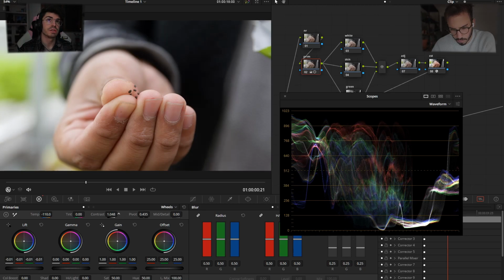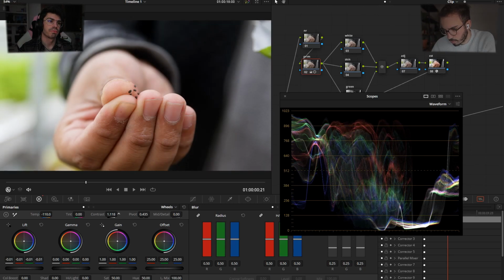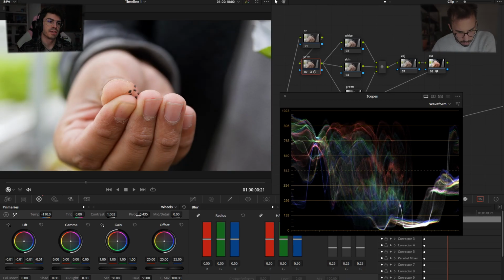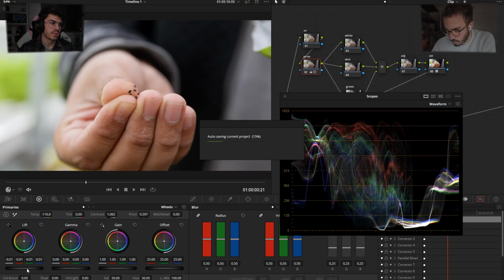We can try and push it and see how it looks. This is definitely too much, but just a touch of contrast like this. And maybe working with a pivot to see what looks best. Yeah, something like this looks nice. Basically what I'm doing here